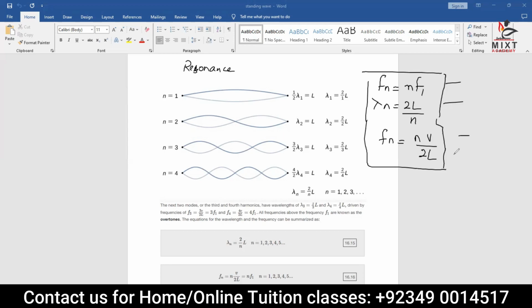At this point of time, we are considering both the points as fixed points. In resonance, your one point is fixed, but the other point is actually free. So in that case, your formula for the lambda frequency will be a bit different. So that's a bit different thing, but we will go through that. Don't worry. For the time being, it's just for the one in which both the ends are fixed like this. Wave goes there and comes back. So these are the three formulas. I want you to write them. Standing wave when both the points are actually fixed, technically speaking.